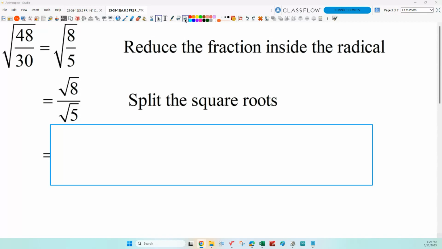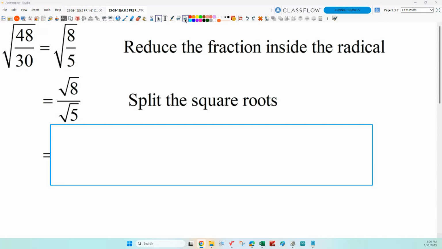After I split the roots up into separate square roots, I should try to simplify those. I want to get as much out of the radical right away as I can to make the rest of the process easier. Well, with the 5, I'm done. I can't do anything. But what about with the 8? What is the square root of 8 going to simplify to? 2